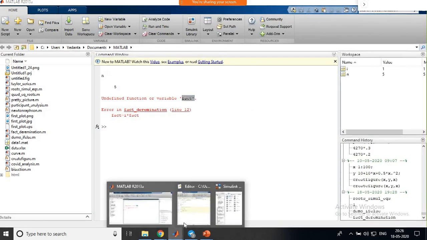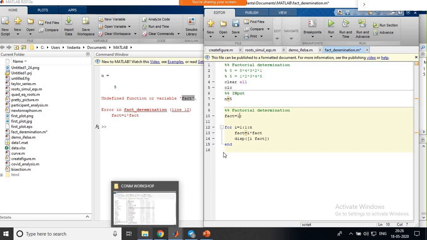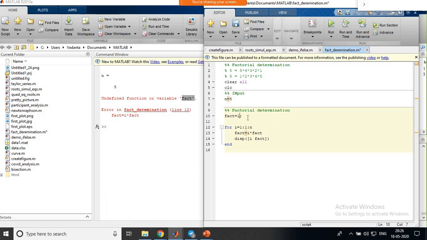in the first loop itself. Okay, so in that case, what is to be done? You need to define this fact as 1. If you want to do a multiplication, you are going to have 1 as the default value for fact. If you are going to have a summation, you want to do a sum of it, so you need to have a 0 value, because any number, if you multiply with 1, it will be the same number, it doesn't change the value of the number.